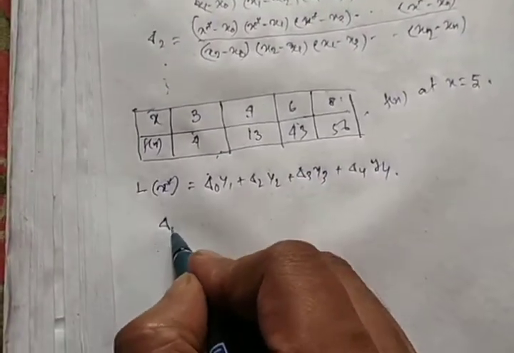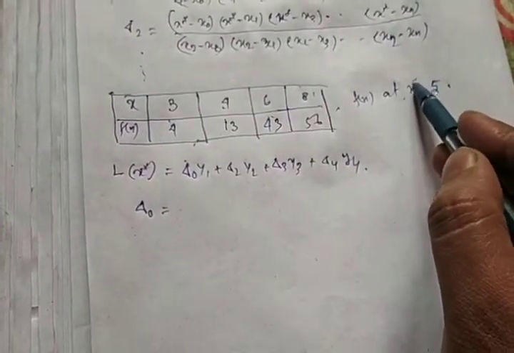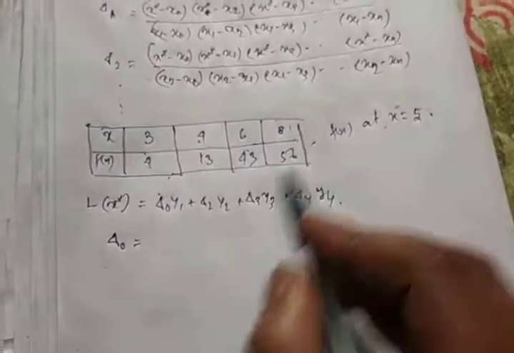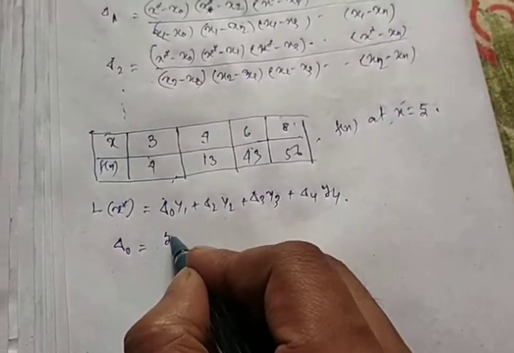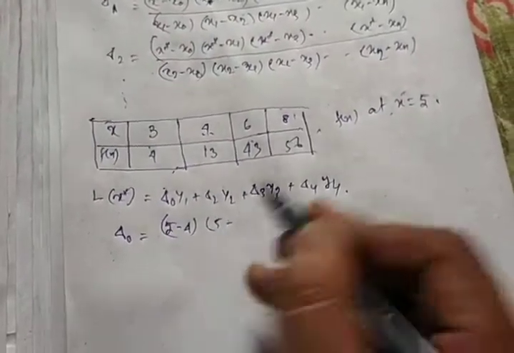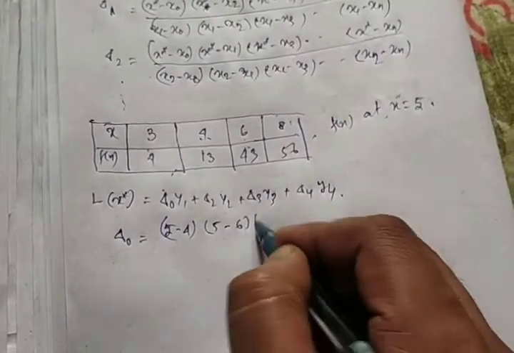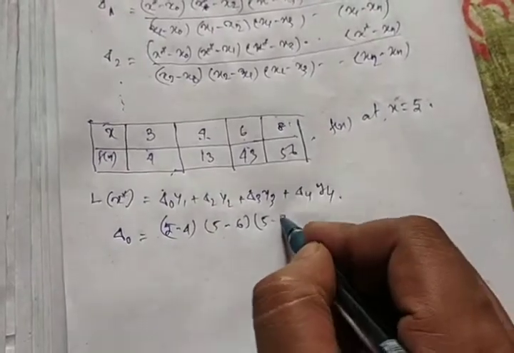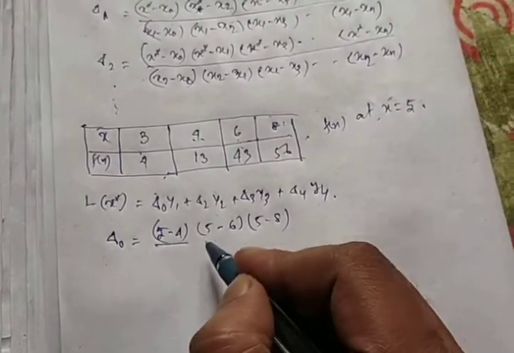Delta 0 equals to, so given x star, this is x star equals 5. So using this formula, how to calculate? 5 minus x1 which is 4,